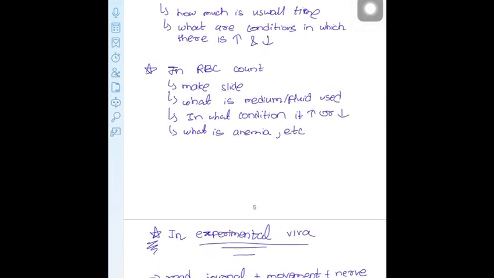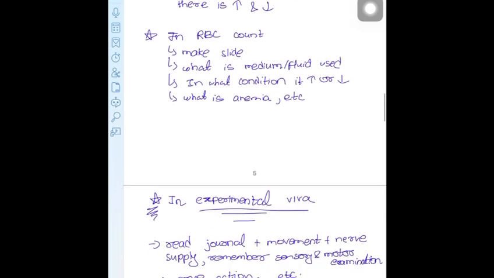In RBC count, for example, other practical in RBC count, how we can make that, what are the steps, what is the medium and the fluid used, in what condition it is increased or decreased. And if RBC is asked, it is but obvious that anemia could be asked, so you have to remember anemia,